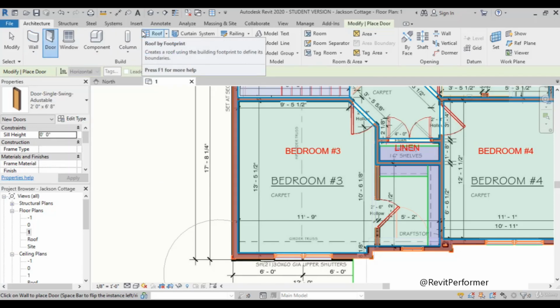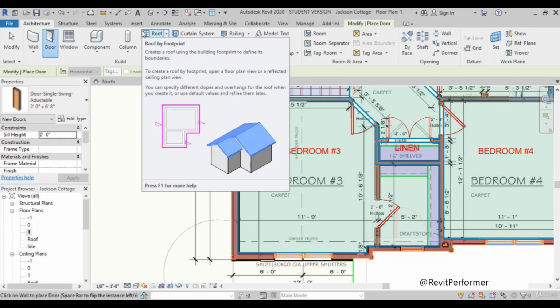To execute a command, in some cases it can be easier to use your keyboard. If you use the keyboard, it will be very easy. And many of the commands in Revit actually have keyboard shortcuts. I want to show you how you can learn Revit shortcuts. The easiest way is to pay attention to the tooltips that appear when you hover over one of the commands